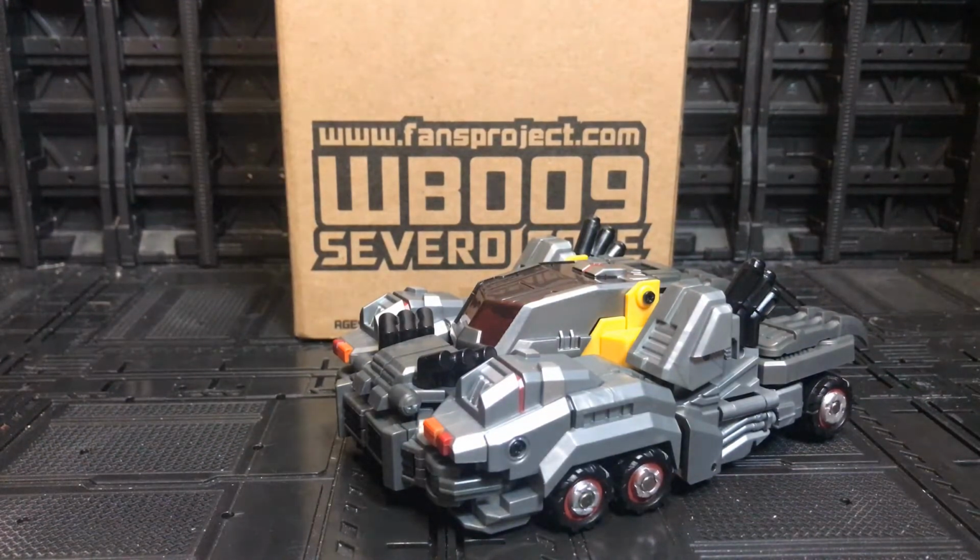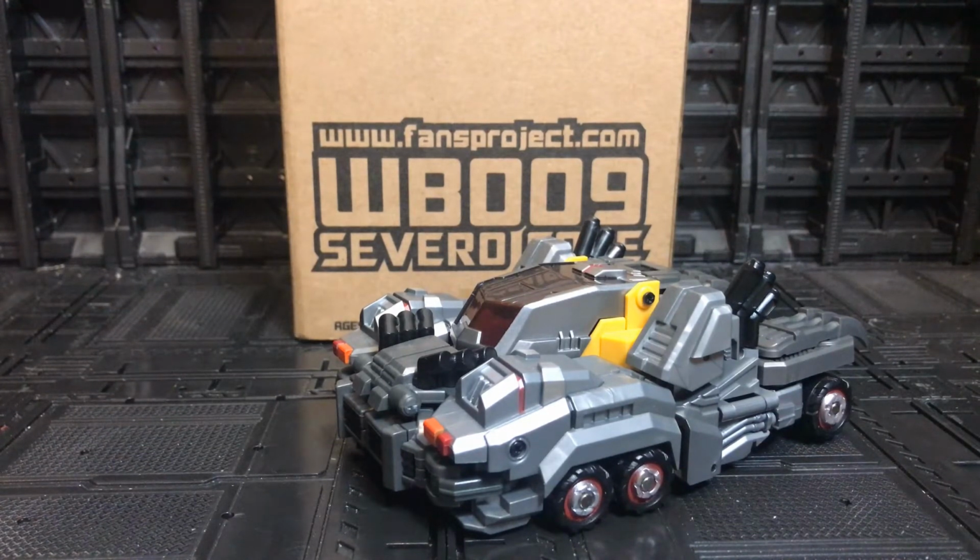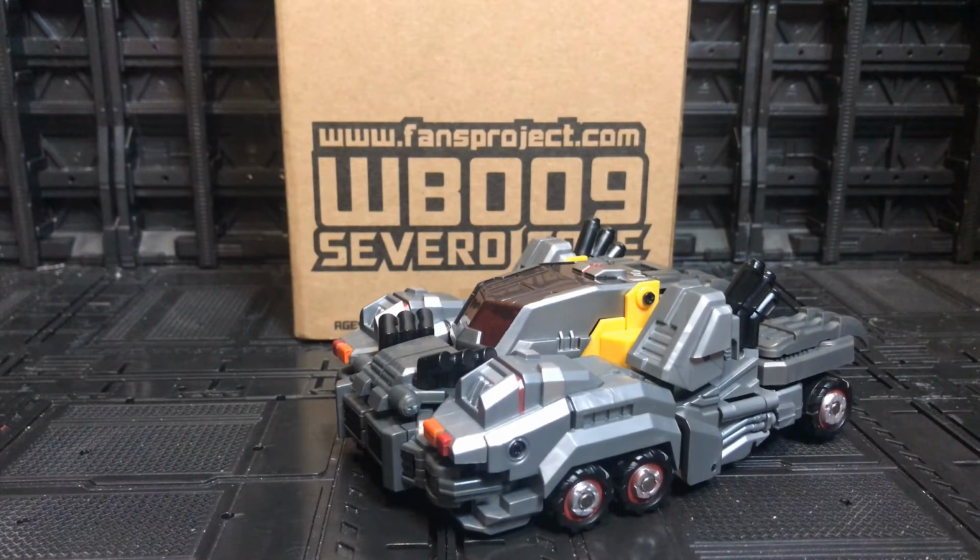So Kapow had a fantastic sale over the weekend, and this is being recorded after the weekend of the TFN big broadcast 2020. So to celebrate that, Kapow and In Demand Toys had big sales on, and I managed to pick this dude up from Kapow during their sale. So this is the Fansproject WB009 Servo Core Warbot. This is the first Fansproject that I've actually been able to pick up, and the